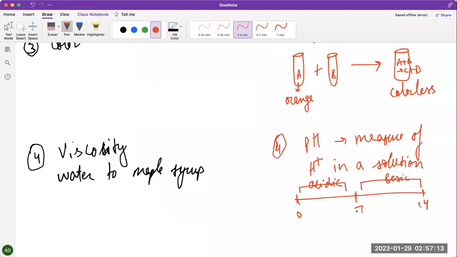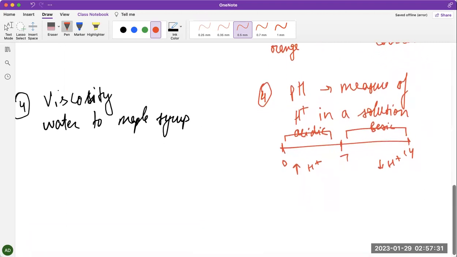Okay, so here you have very high concentration of H ion. Here you have very low concentration of H ion. Okay, so we are dealing with this H plus ion, if it's more or less. So pH is a chemical property, but then an observation of taste is also a physical property, because when